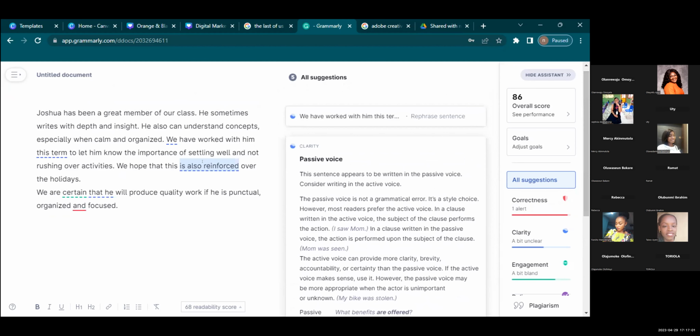So how do we change this? If you are wondering how to change from passive voice to active voice, you can highlight this sentence, "We hope that this is also reinforced over the holiday," and ask ChatGPT to change it to active voice.